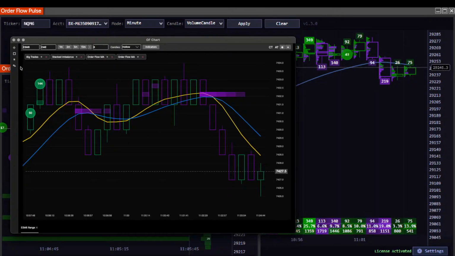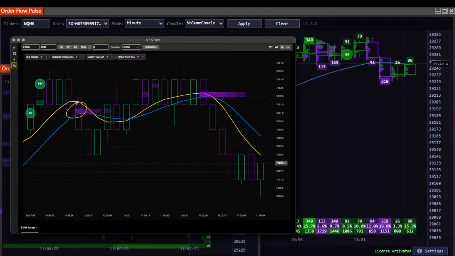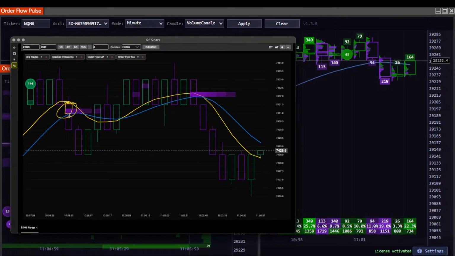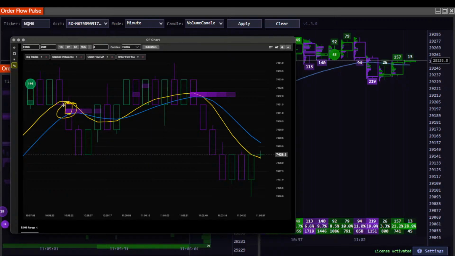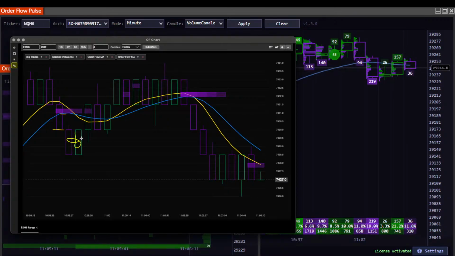So if we look at this, okay, look at this. You have a sell imbalance, but you see how wide that is right there between that moving average and that moving average? That's a wide gap. You really don't want that. Yes, it closed below it, and we got a sell imbalance, and it really didn't work out. But here's the thing: these are just little nuanced things you really have to look at.